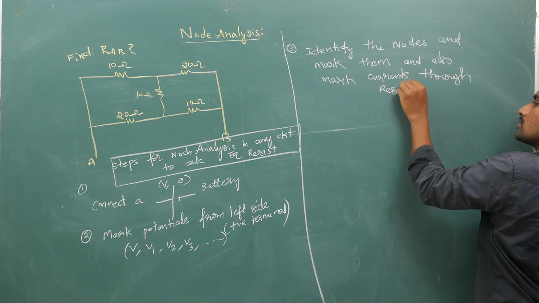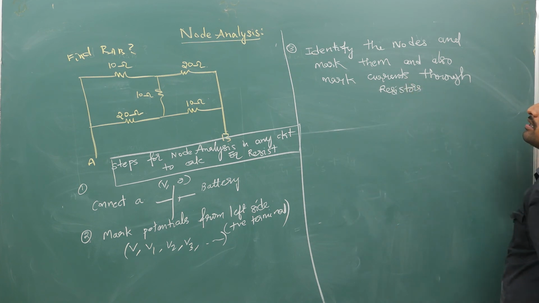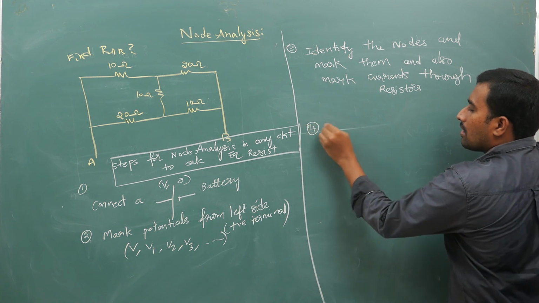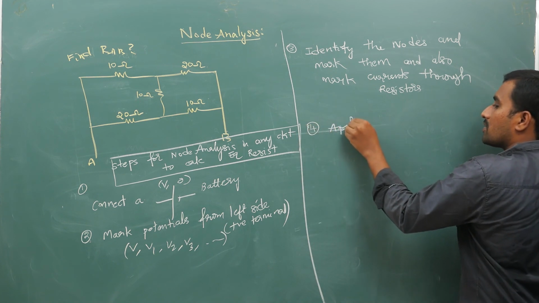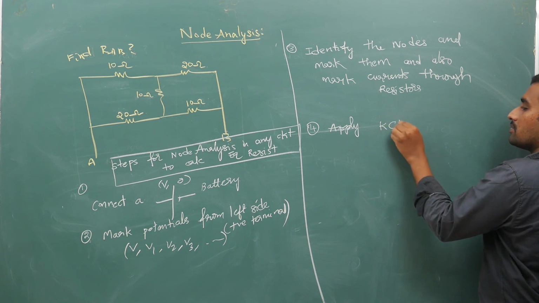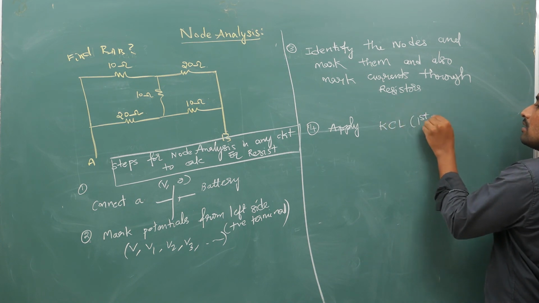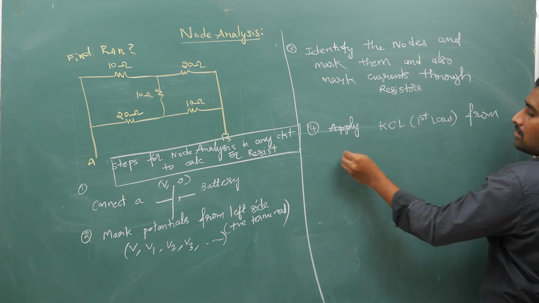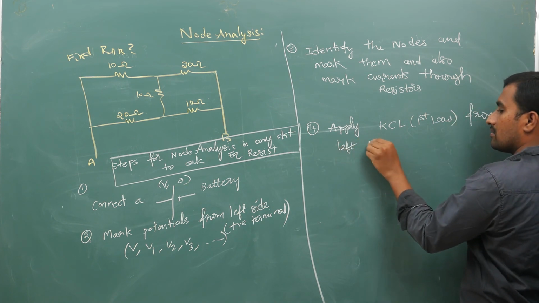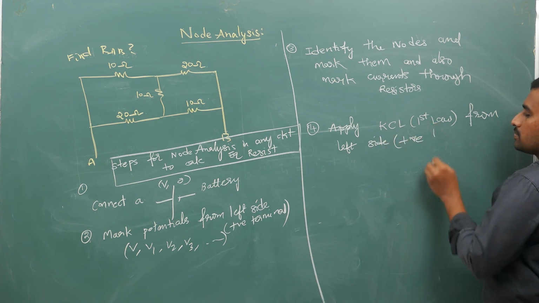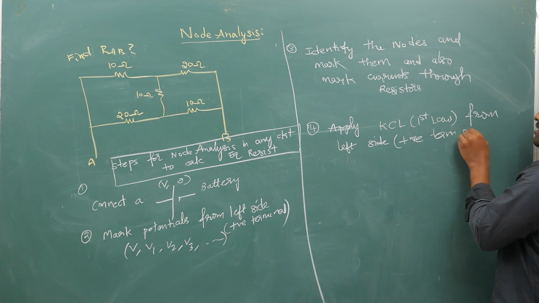You are supposed to mark the nodes and also their currents. Once you get this, apply Kirchhoff's first law, Kirchhoff's current law, from left side or positive terminal side. Battery's positive terminal side. Then